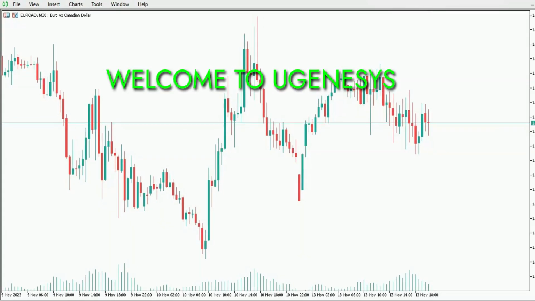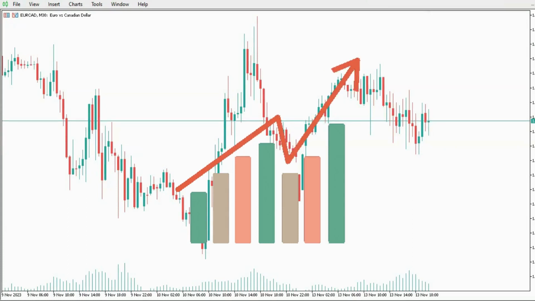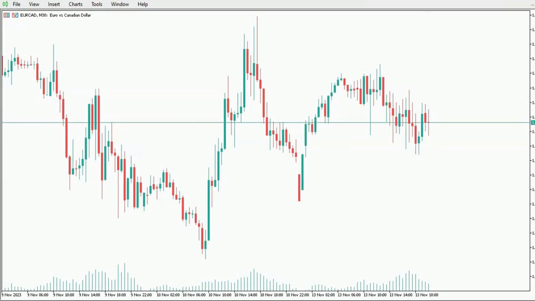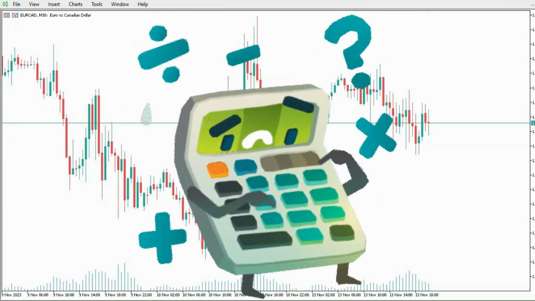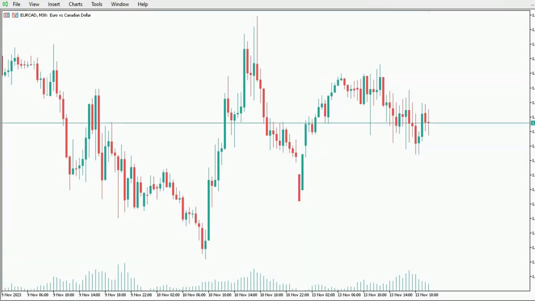In today's session, I'll be demonstrating a rapid and essential technique for calculating lot sizes in just 2 seconds. Understanding the importance of this calculation is crucial for maintaining a consistent equity curve in your trading journey. By managing your risk consistently, you set the stage for steady growth in your trading account. And rather than relying on external tools like spreadsheets, I'll guide you through the fastest method directly on your MT5